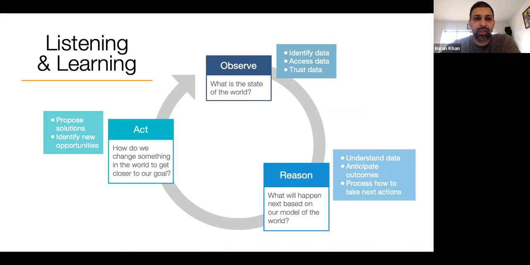It turns out that these aren't individual buckets that are meant to be acted on in a linear fashion. They actually define the core components of what a data project overall might entail. So you might start with observing what some state of the world looks like at some given point in time, or what some state of the company looks like. You'll then begin to understand what this data is trying to tell you, how you might draw some intelligence from it, reason through it, and then make some data-informed decision. Use your reasoning to institute some type of action or change.